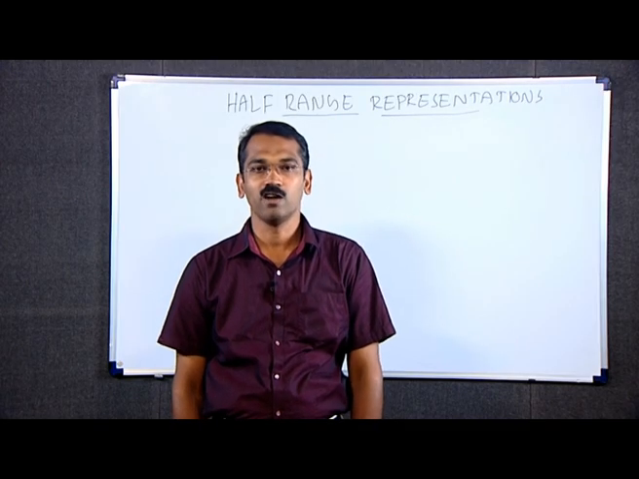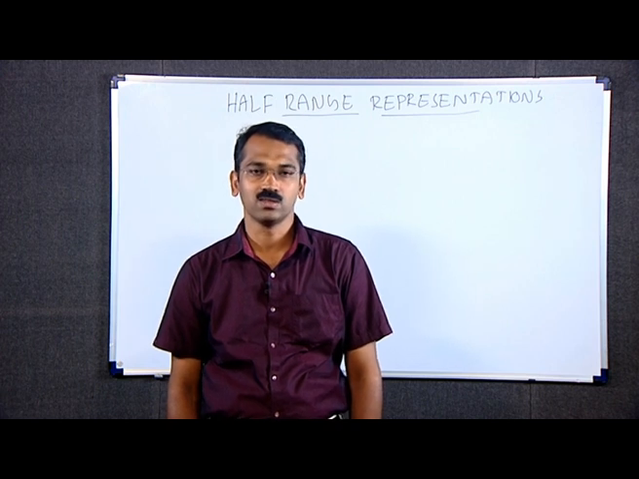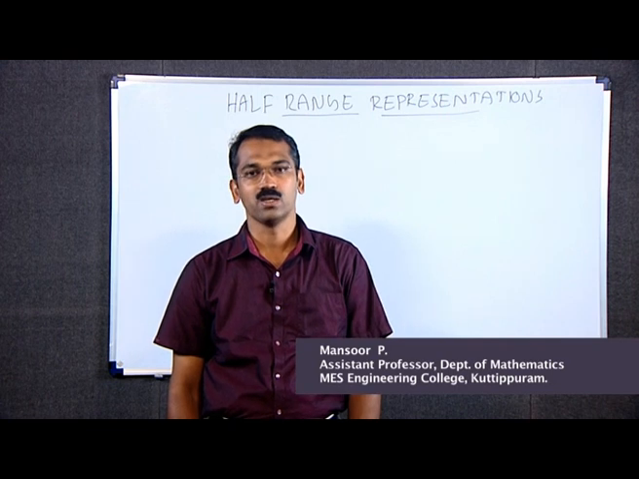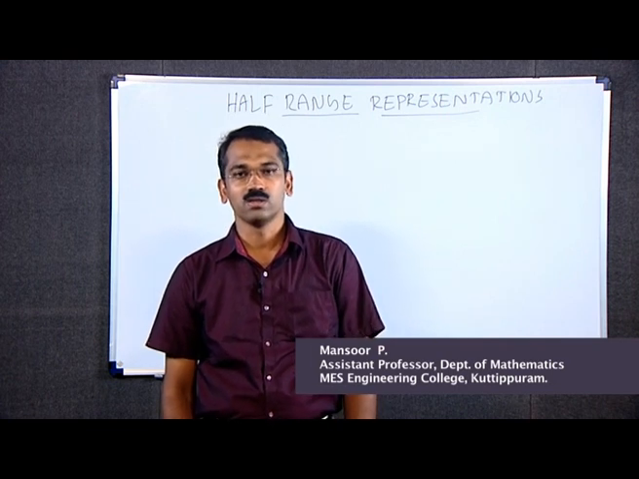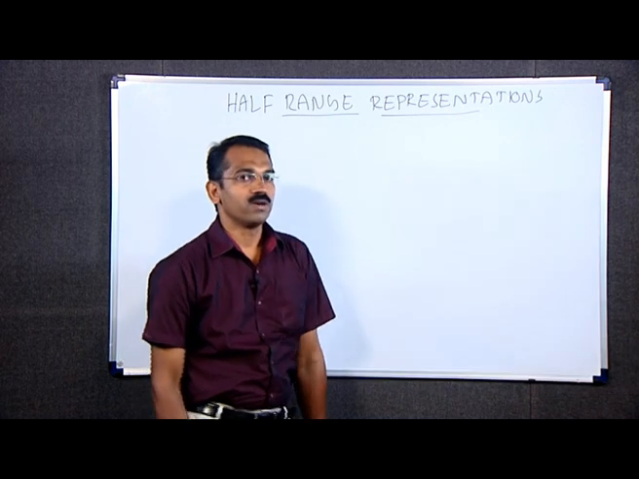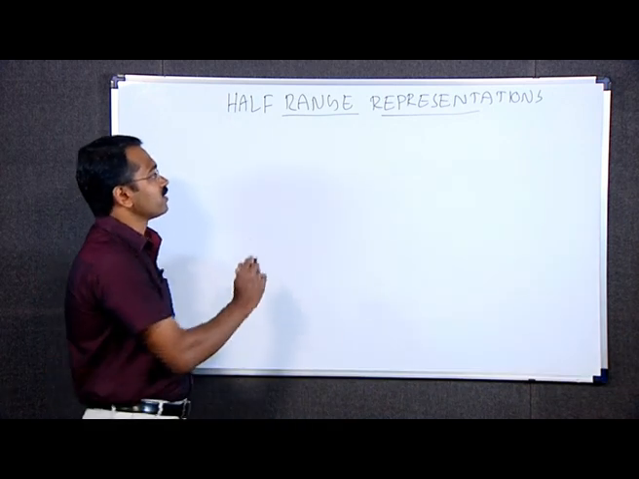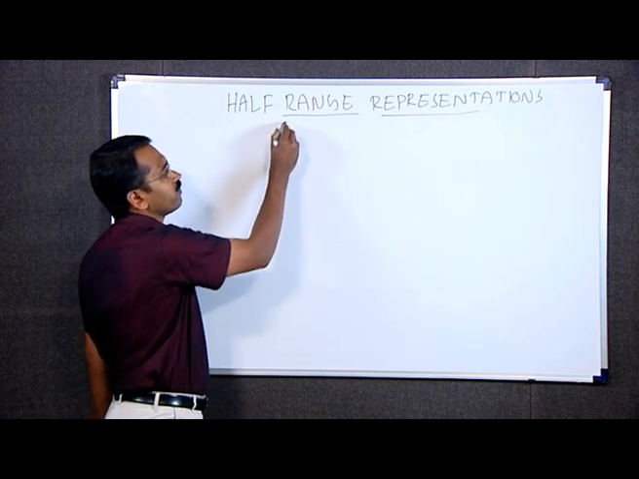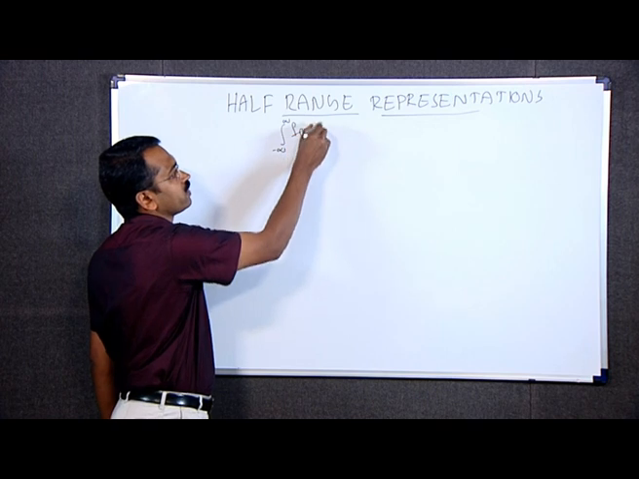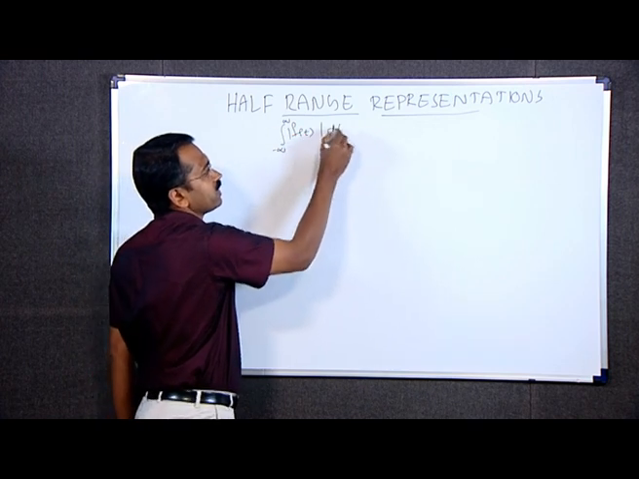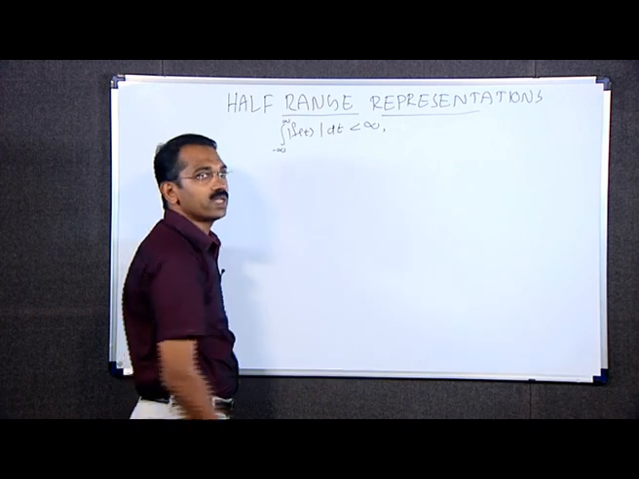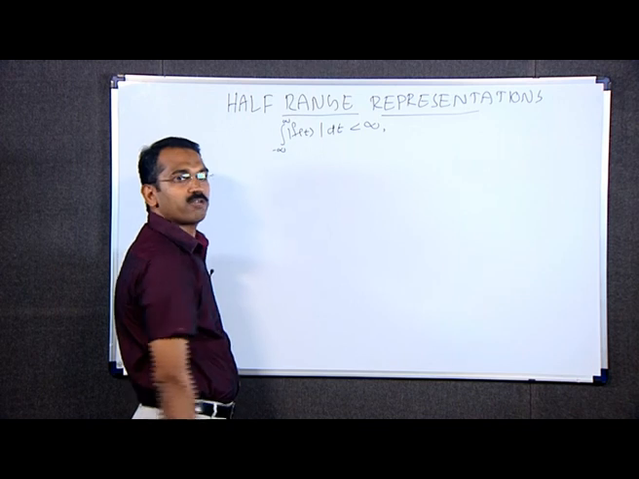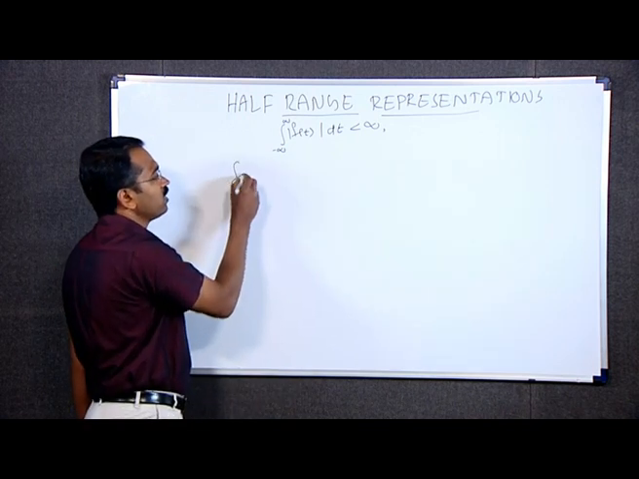Welcome to the session on half-range Fourier integral representations. In the previous class, we discussed the Fourier integral representation of a given function. If f of t is satisfying the Dirichlet conditions and integral from minus infinity to infinity modulus of f of t dt is less than infinity, then